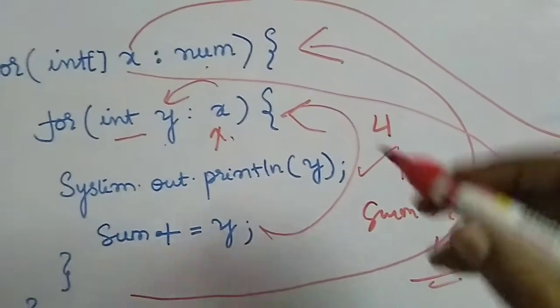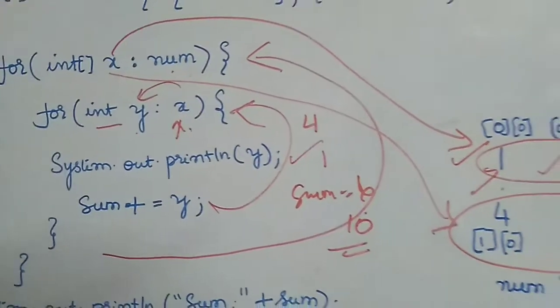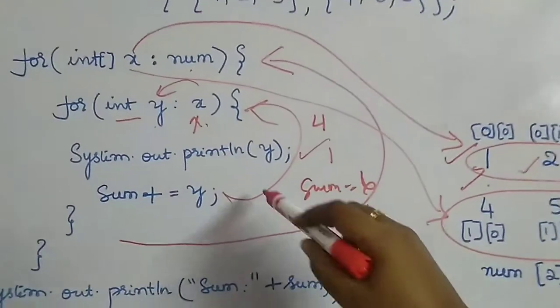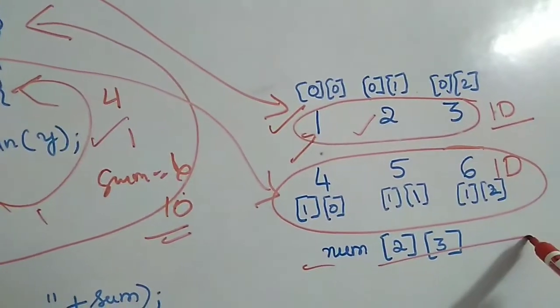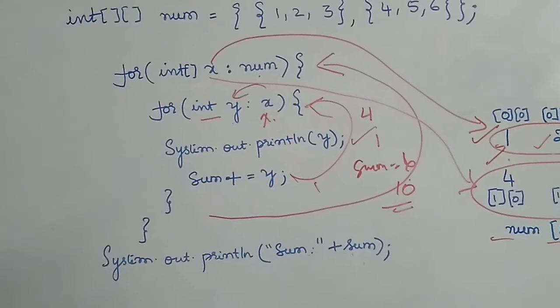So it keeps on incrementing like this, and finally it will print the result for you on the screen. Okay, so this is how it works. After the inner loop is broken, again it goes to the outer loop, but there is no dimension left over here. So that's the reason the outer loop breaks and comes to the immediate next statement after for.